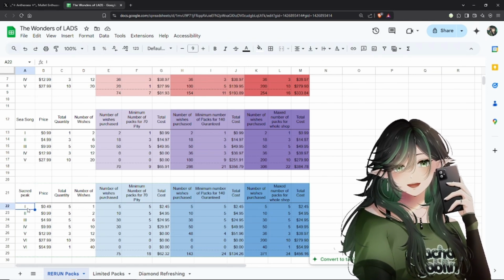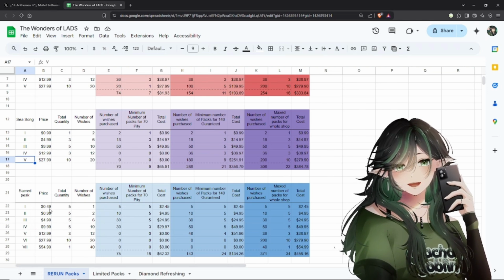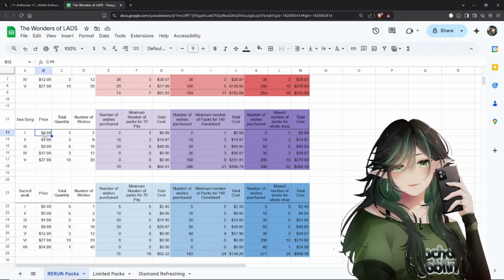So, you have 7 packs. Okay, so you have 1 to 7 packs here, whereas you have 1 to 5. So meaning you have less amount of options of buying certain packs for cheap. So we also see that in the price section, the lowest amount,